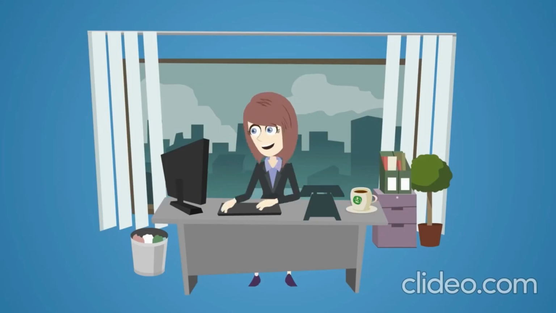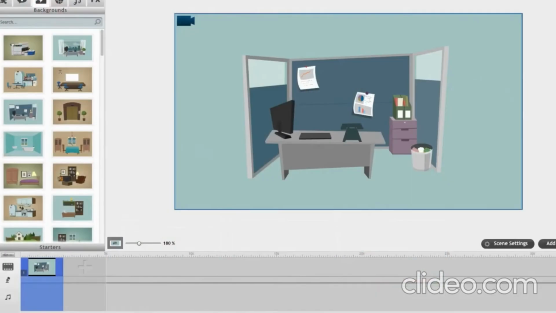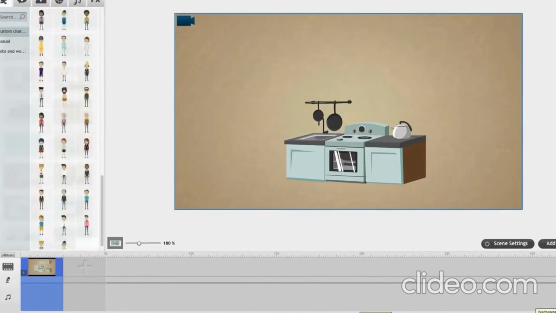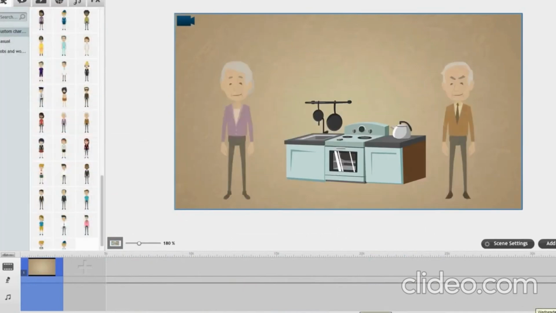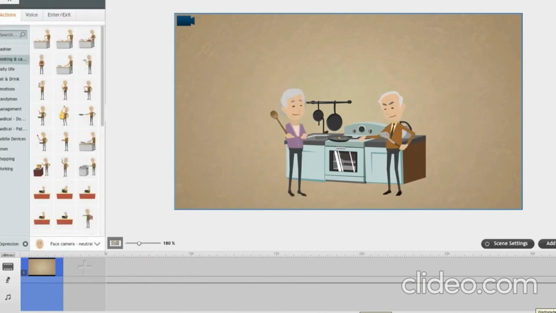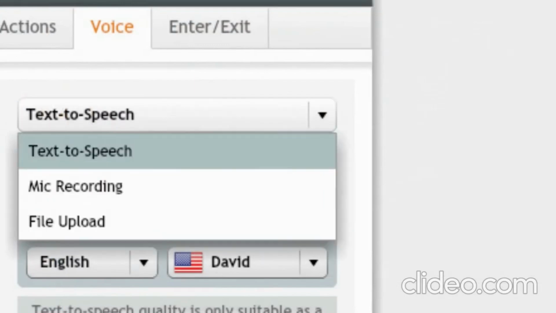GoAnimate is a site where you can make professional animated videos, quickly and easily. Choose a creative theme, one click. Choose a background, drag and drop. Modify the background, a couple of clicks. Add some characters, resize them, give them cool actions, easily. You barely take your hand off the mouse. Give them lines for either lip sync or narration.